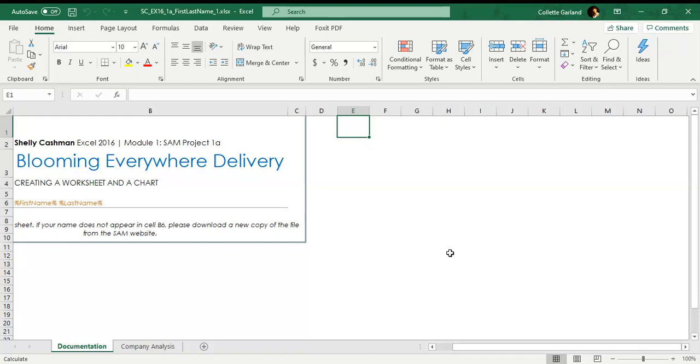Step 1 says, Bob is the co-owner of Blooming Everywhere Delivery, a floral delivery service accessed exclusively through mobile apps, and is preparing a report for his business partner on the company's financials for the years 2018-2020. Open the company analysis worksheet